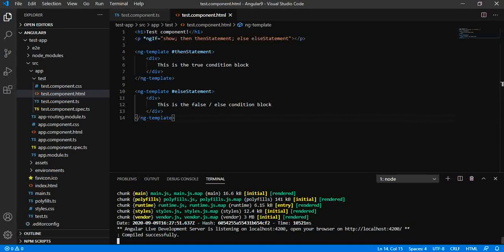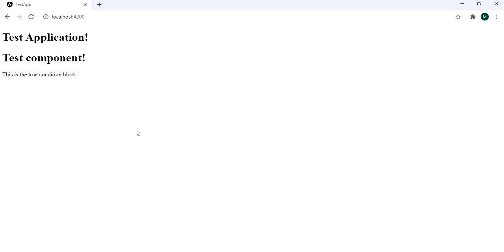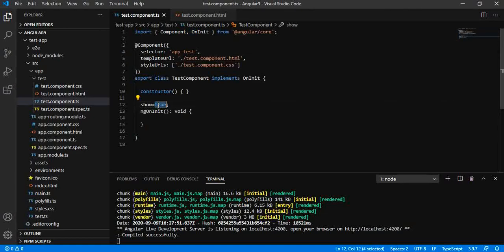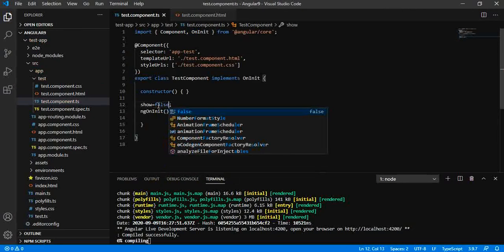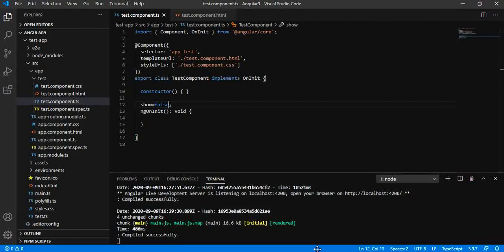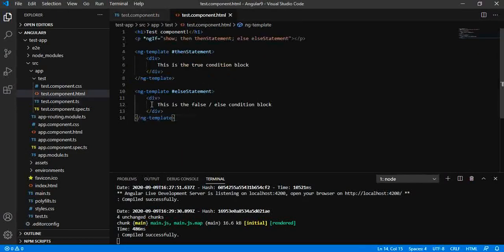Let us see the browser. So this is the true block that has been executed, and what if I am giving it a false, then what will happen? This is the false or else block condition. So we have defined the ng-template for the true condition and the false condition, and based on the